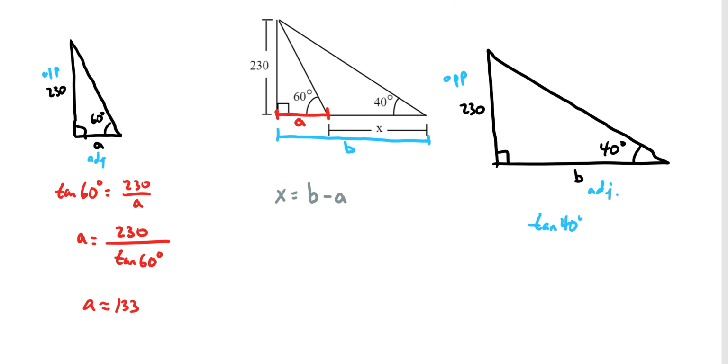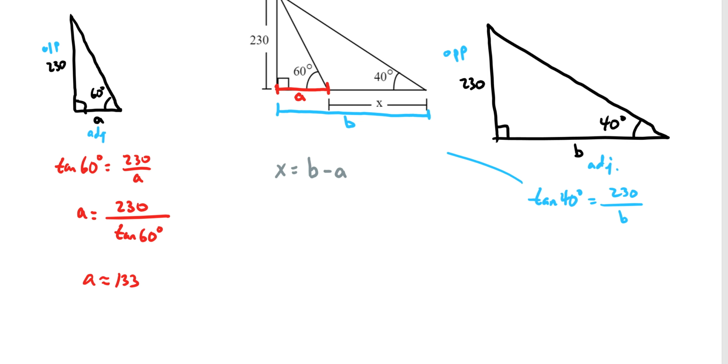Tangent of 40 degrees equals opposite over adjacent. And then notice it's the same setup, right, that we just did. So cross multiply, divide both sides by tangent of 40 degrees. We get B equals 230 over tangent of 40 degrees. Plug this in the calculator, round to the nearest whole number, and we get